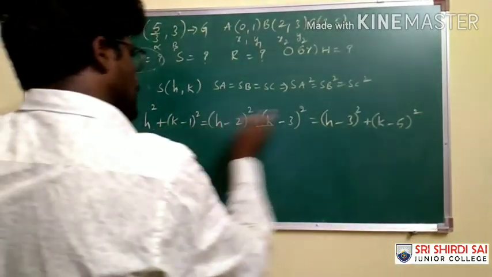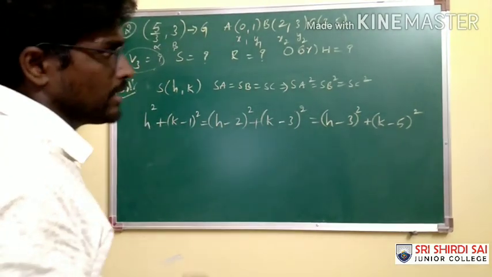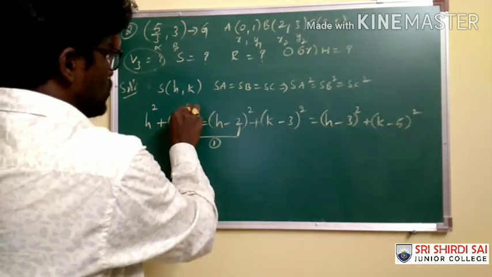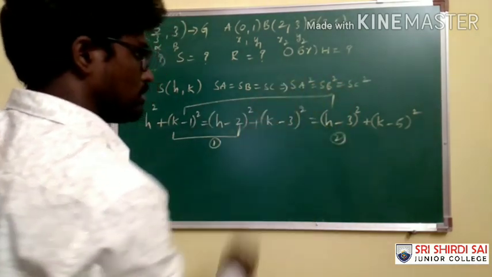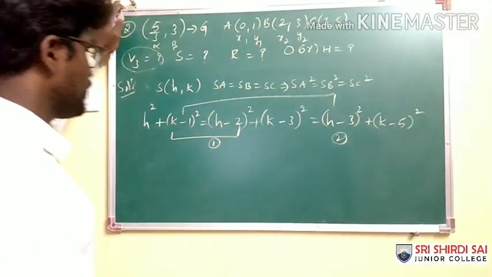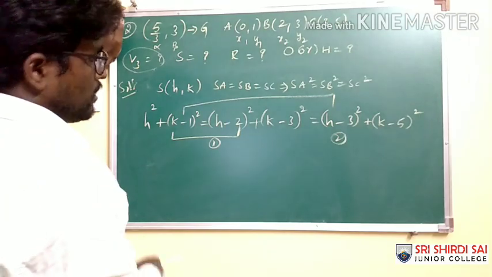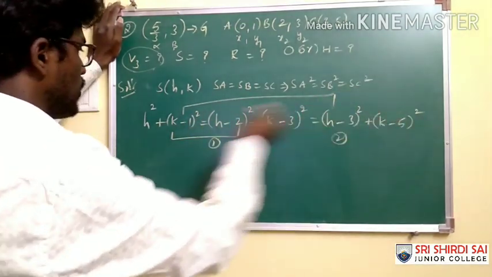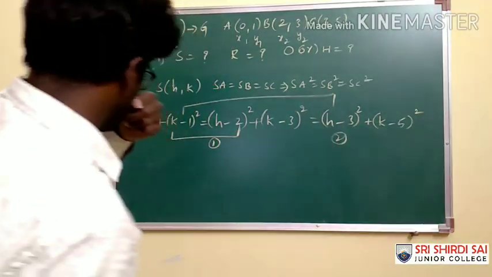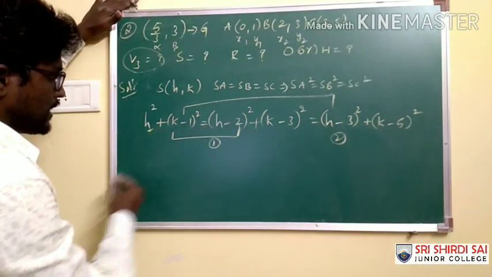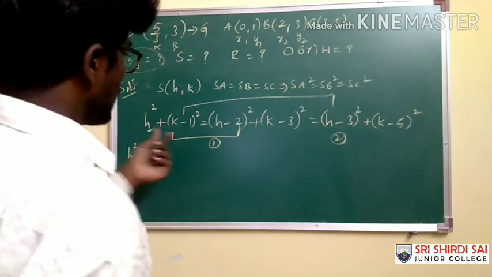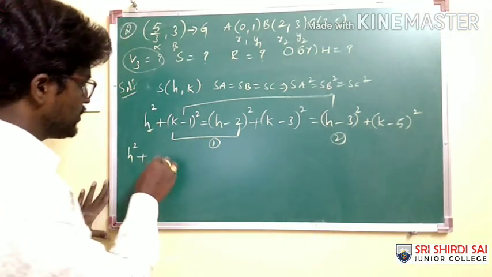Now with the help of these three equalities, we are supposed to calculate h and k. On solving these two, we'll get equation 1, and on solving these two, we'll get equation 2. You may ask me, sir, we will calculate these two. No problem. But for my convenience I am doing the equality between 1, 2 and 1, 3, because here we have only the h square term, so the calculation becomes simple. That's the reason. Let's equate first and second. For the first equation, h square plus, it is according to the a minus b whole square formula. What will we get?